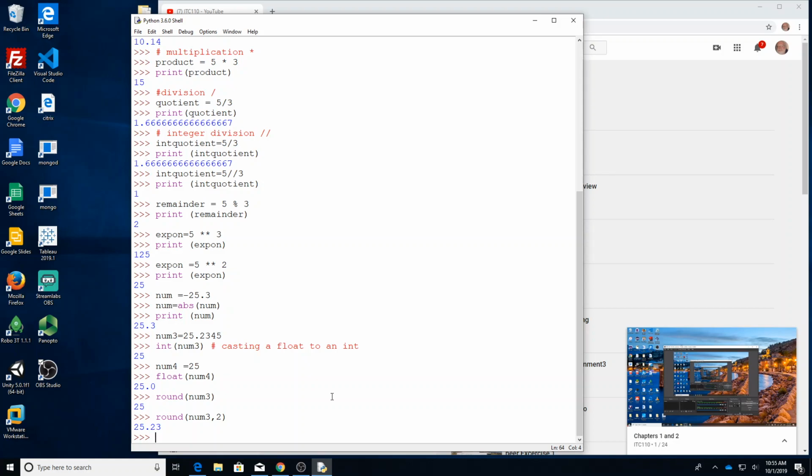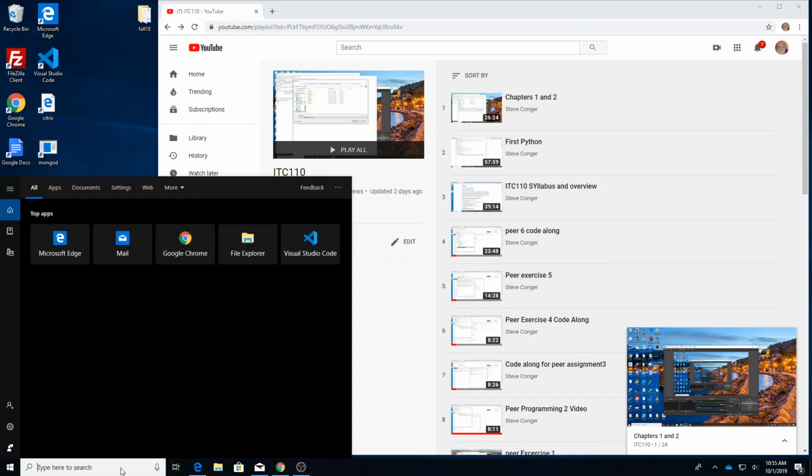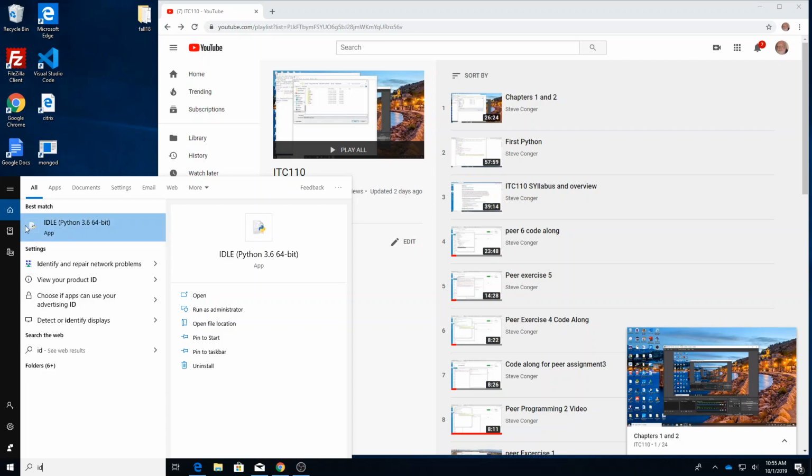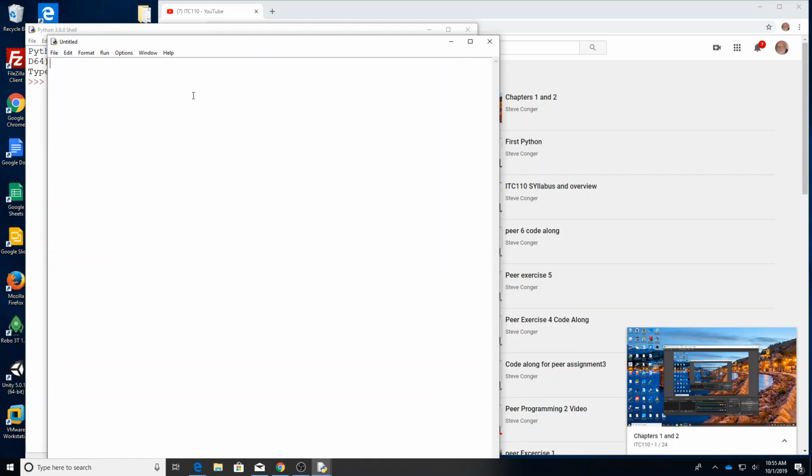So I'm going to do the problem in the book, which basically lets you enter how much change you've got in your pocket and tells you what it's worth. So, just so that we're up at the top of this, I'm going to close this and do IDLE again, so it'll be up at the top. And then I'm going to do file, new file,